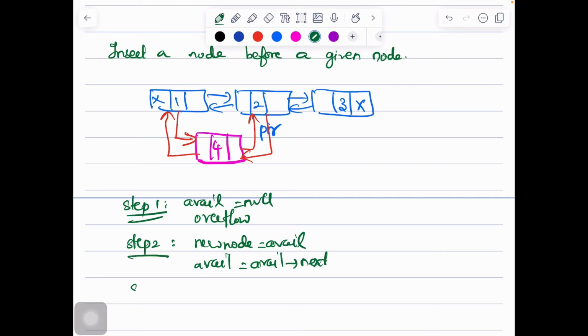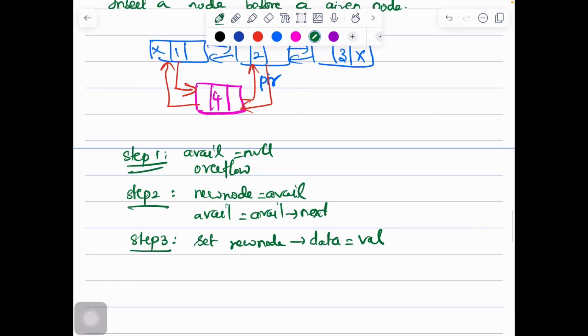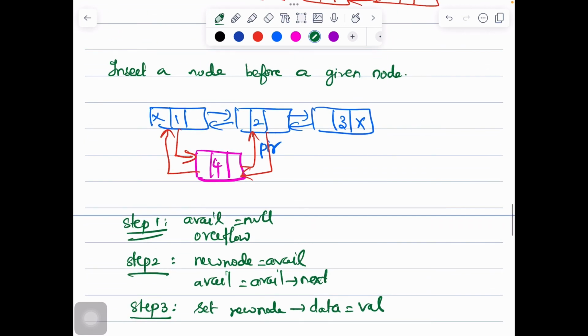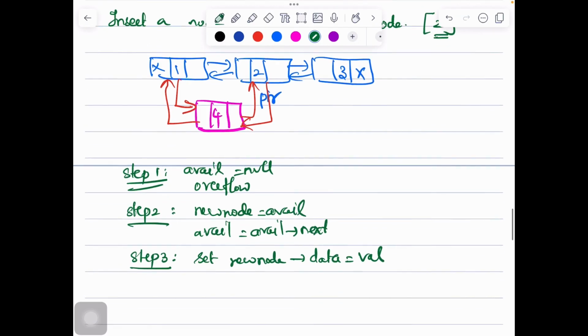Yes, fine. And now in step 3, we set the new node's data part. What is my new node's data part? The new node's data part will be equal to the value. Okay, and now how to connect these nodes? We have to move until we find the node with the value 2, because we have to insert a node before a given node with value 2.